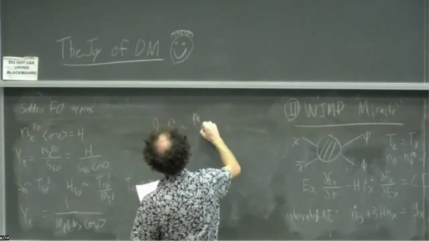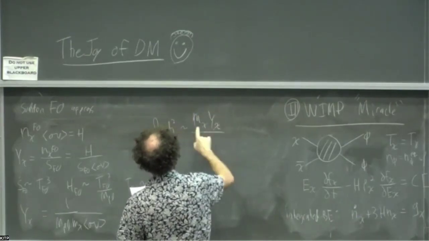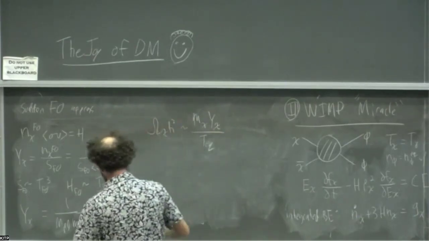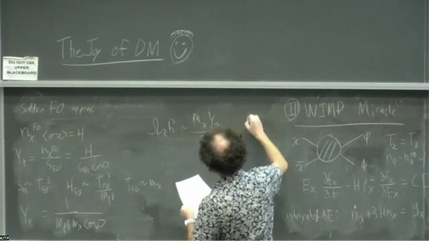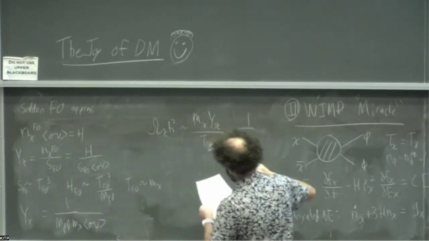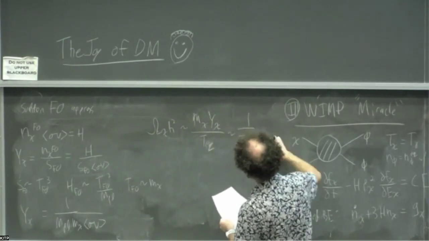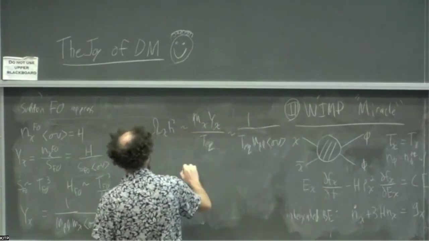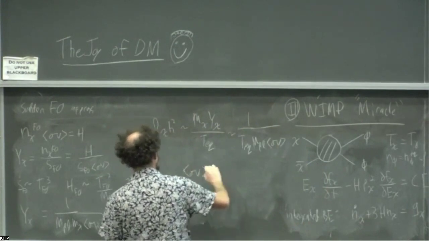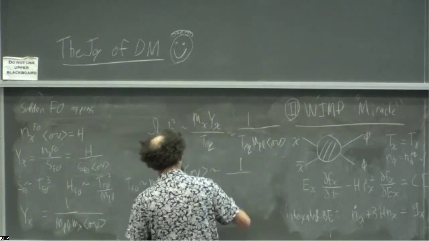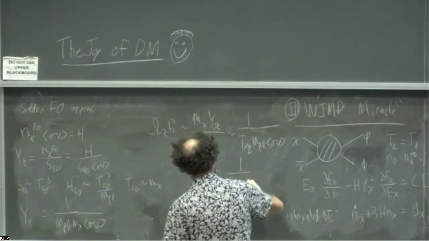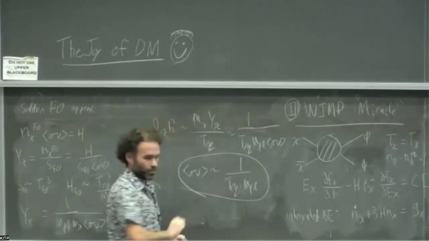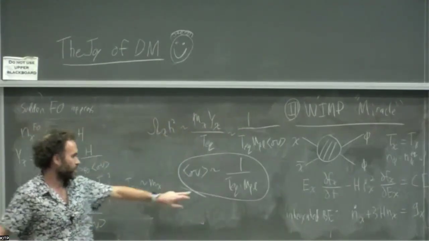And I told you, in general, the energy density is the mass times the yield over T equality. Plugging in this yield, then we have T equality and Planck. Cross section, this should be order 1, which means that the cross section should go like 1 over T equality and Planck. So this statement is what's called the WIMP miracle, because this turns out to be near